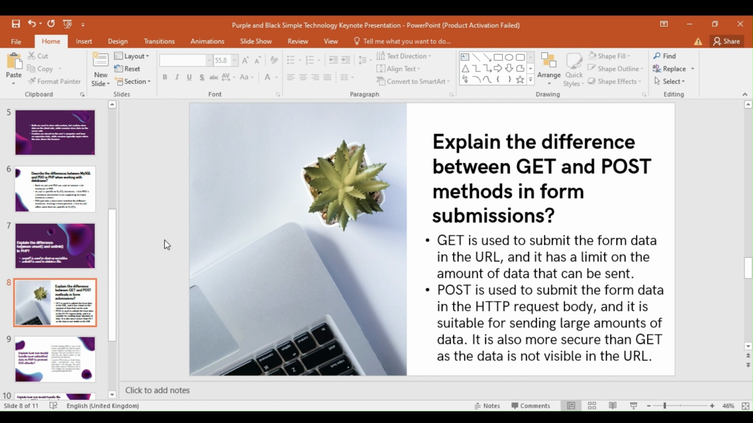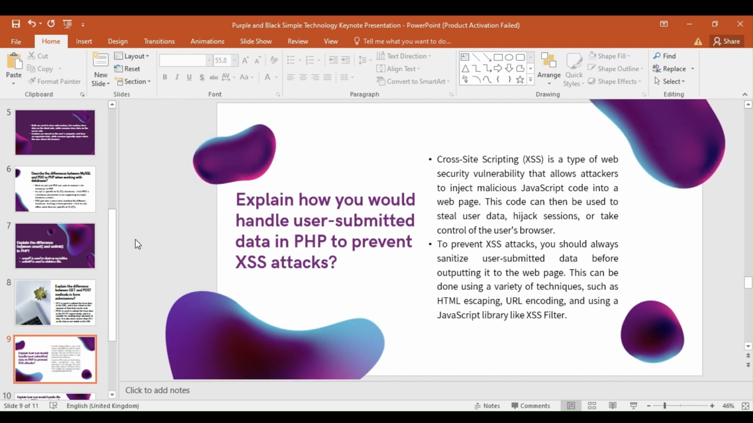So the post method is used to submit the form in the HTTP request body, and it is suitable for sending large amounts of data, and it is considered to be more secure than get, as the data is not visible in the URL. So next is how you would handle user submitted data in PHP